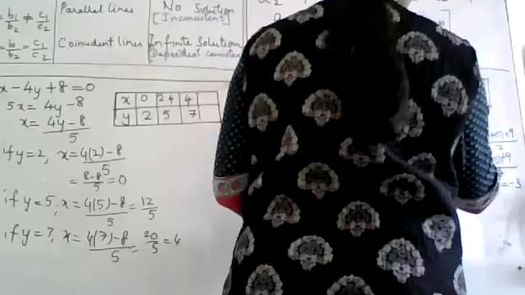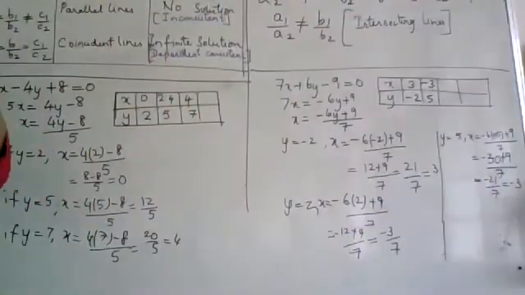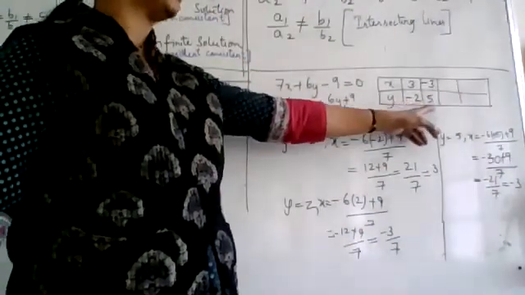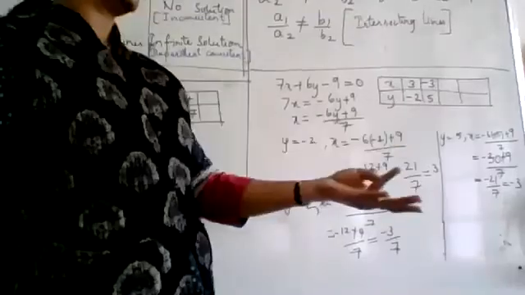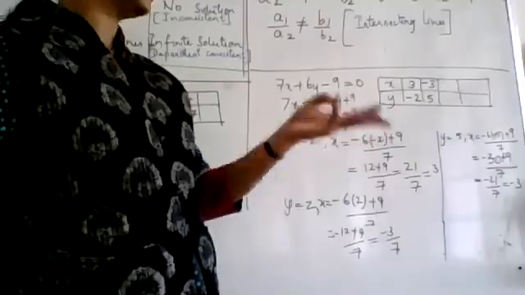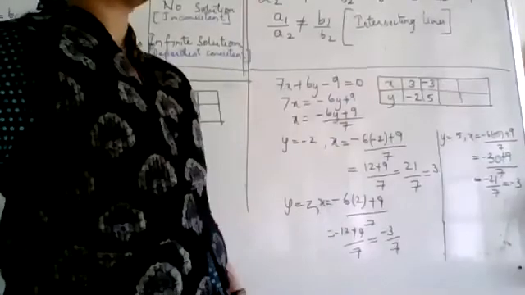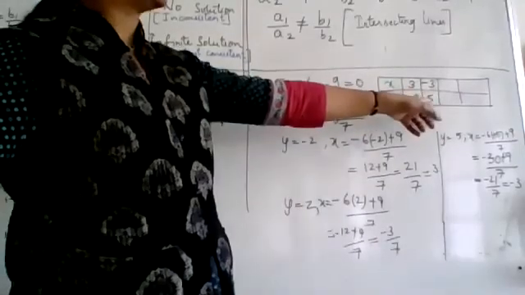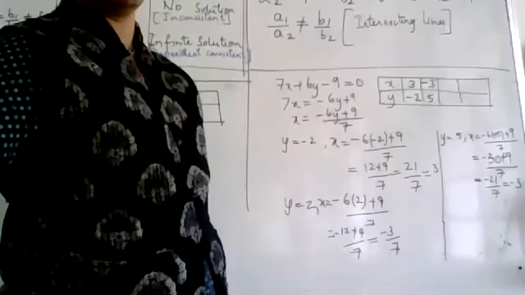5 and negative 3. So what should be the next one? See the gap between negative 2 and 5. How many numbers did you leave in between? Negative 1, 0, 1, 2, 3, 4. 6 numbers are skipped. So next you have to skip 6 more numbers to get the whole one. So from 5 you skip 6, 7, 8, 9, 10, 11, 12. You must try that and complete.